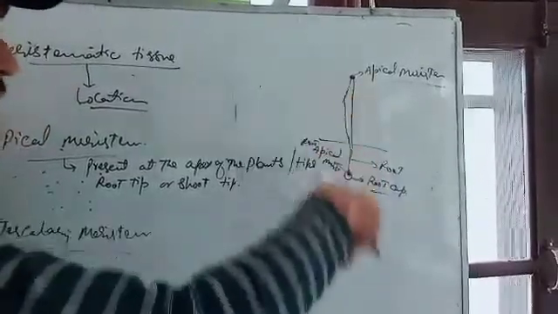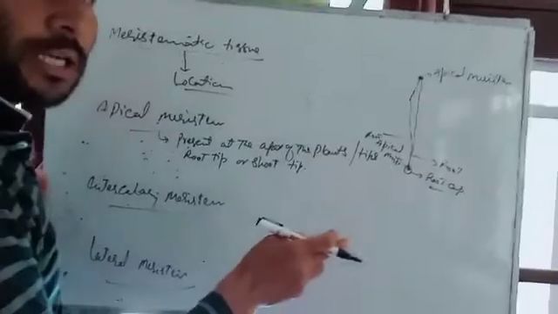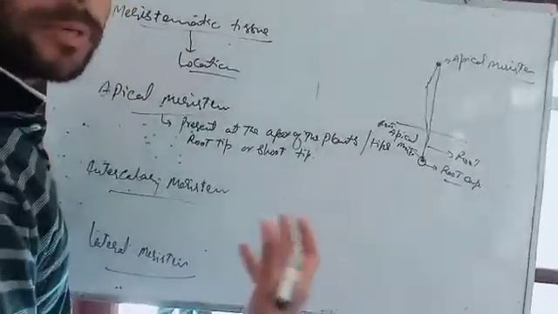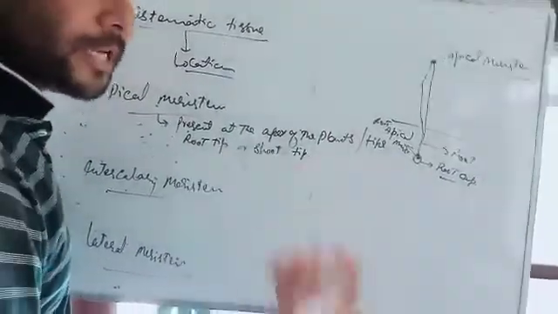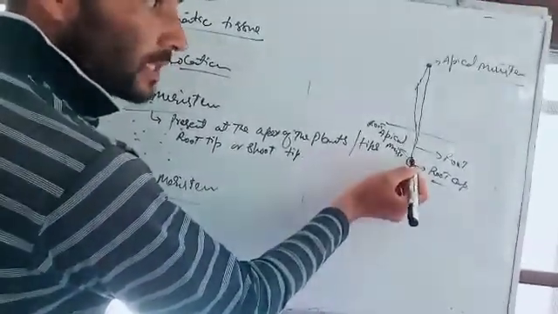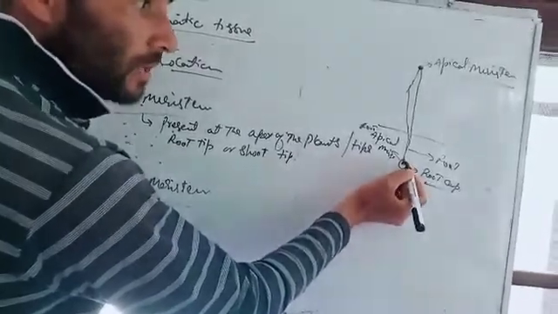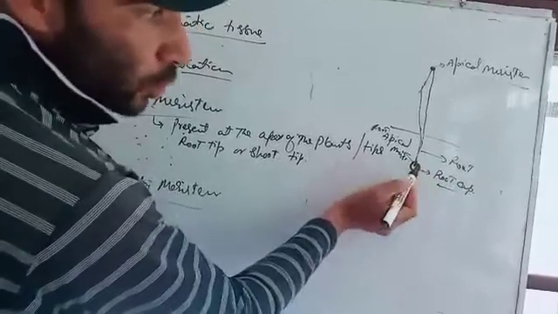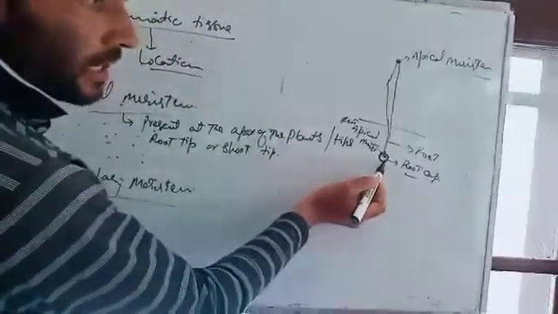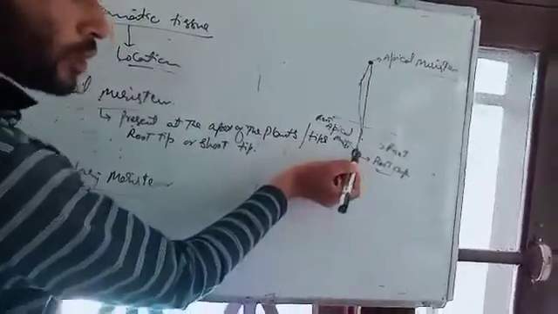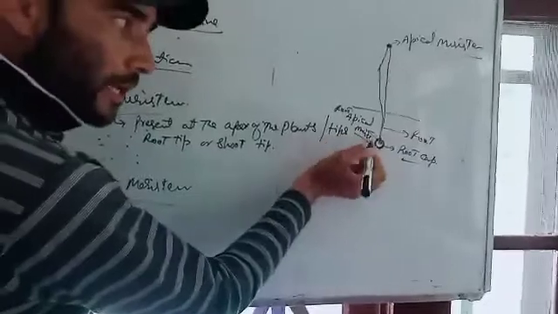Because the root has to be present in the soil and grow into the soil. The soil can harm them, because these apical meristems are living. They can be harmed and damaged by the soil particles. But nature has protected these vital cells for the plant with the help of a cap known as root cap. Therefore, this root cap is present at the tip, and below the root cap there is the root apical meristem.